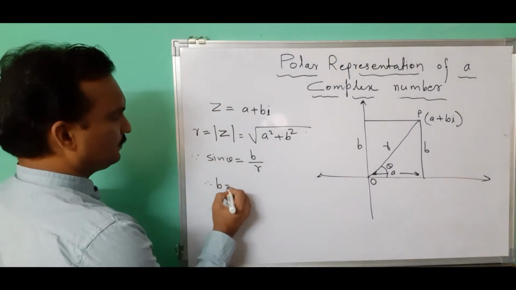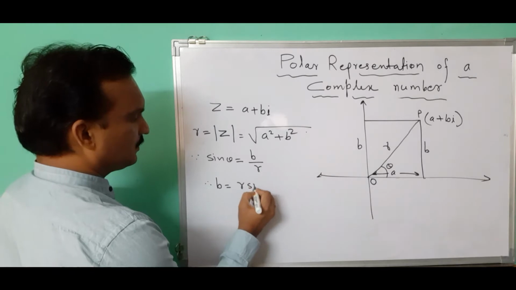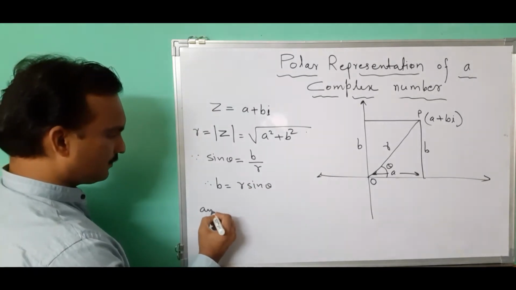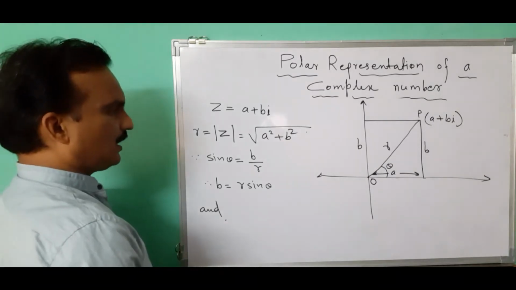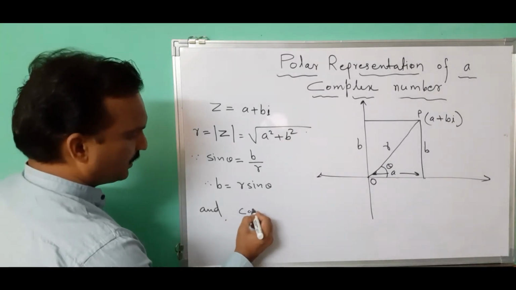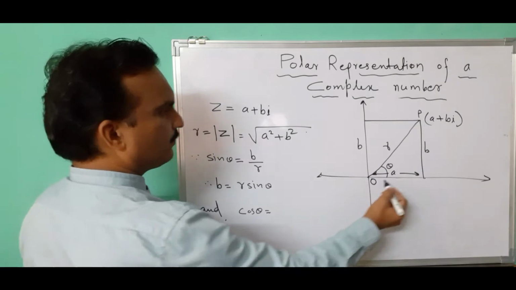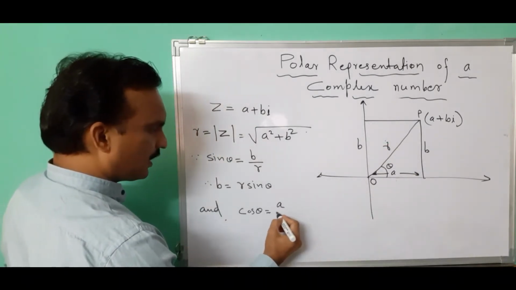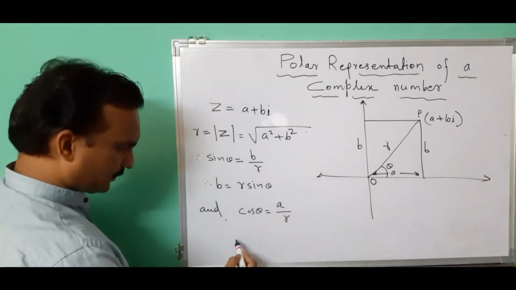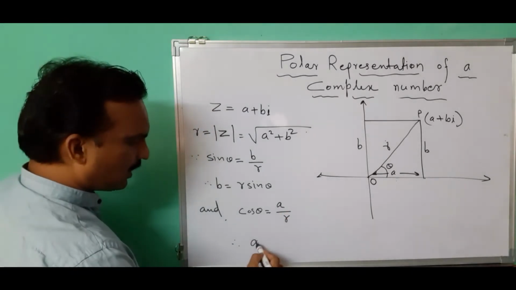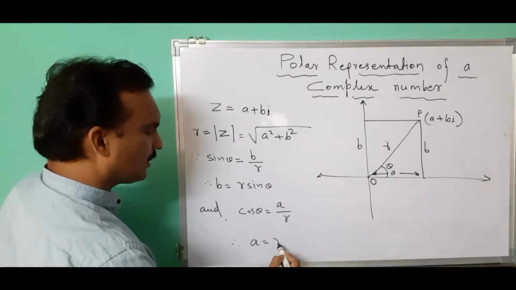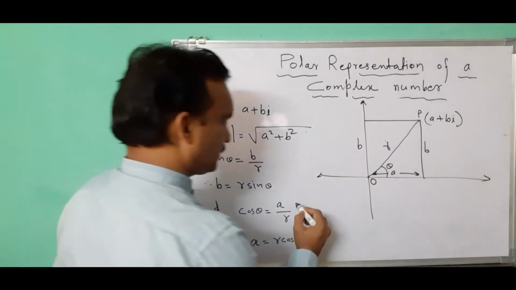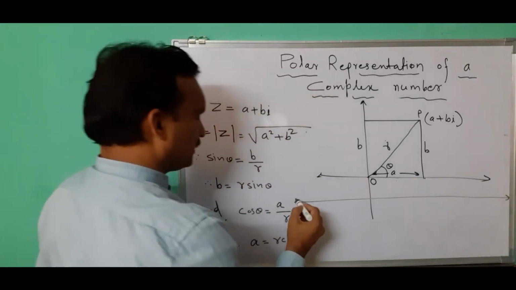So b is equal to r sine theta, and cos theta is equal to adjacent upon hypotenuse, that is a upon r. Therefore here a is equal to r cos theta, correct? After that